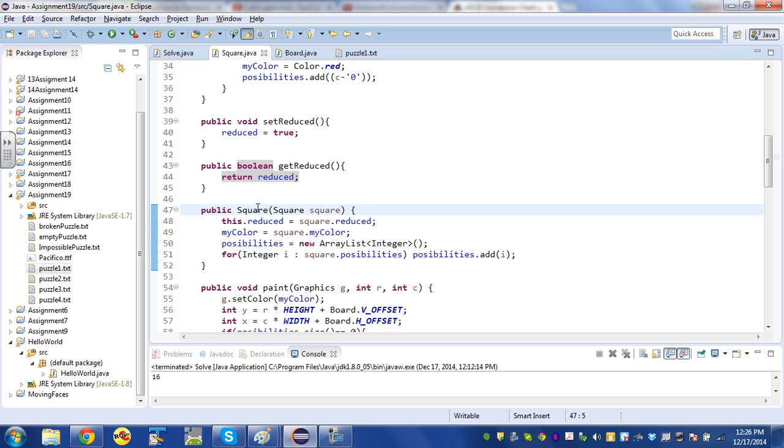So this is that copy constructor if I want a deep copy of a square. I have to copy whether or not the square is reduced. I basically have to copy every instance value. I'm going to copy the color. I create a brand new array list of possibilities, and then I fill that